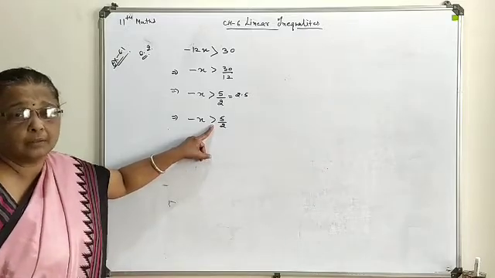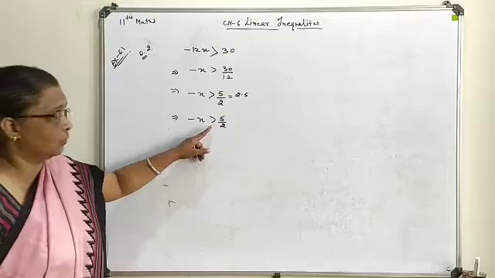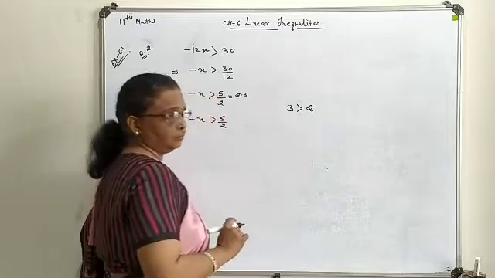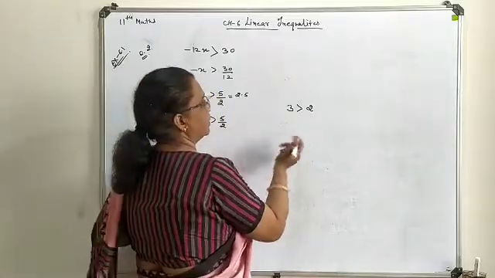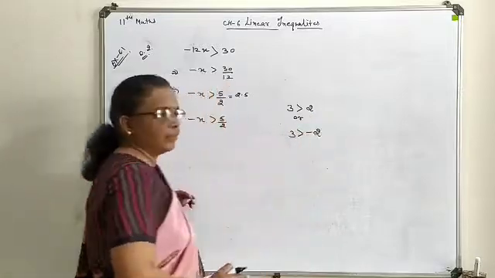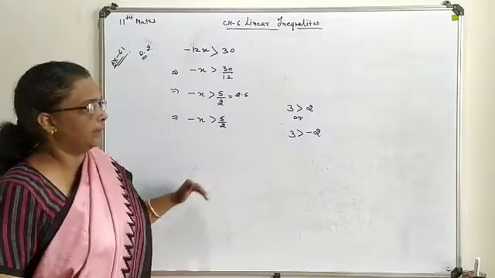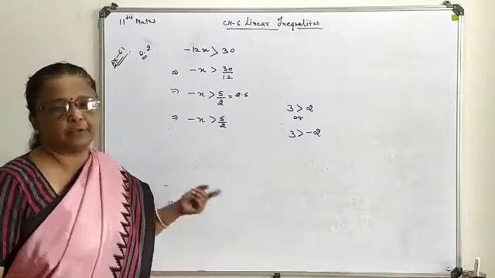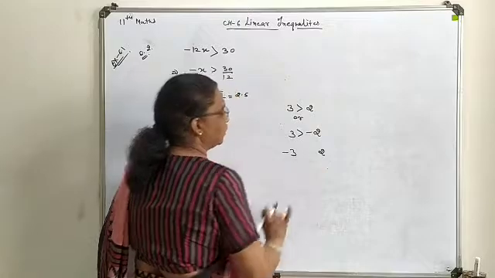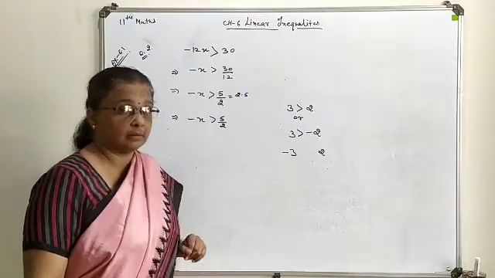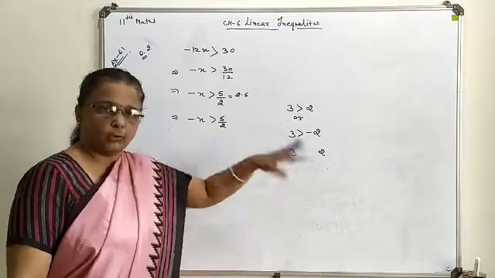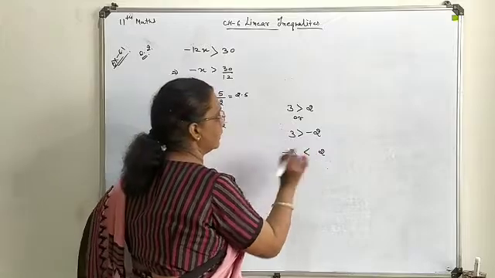This is a theory regarding inequalities. How is it so? Suppose we have 3 is greater than 2, or better, 3 is greater than minus 2. Now, when you apply a negative sign on both sides, that is, multiply both sides by the negative sign, what will you have? Minus 3, and this will turn to 2. Now, which number became greater? Obviously this 2. So the greater than sign will now change to a less than sign.